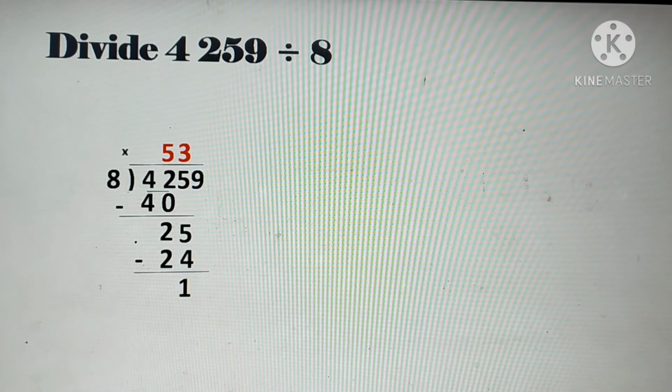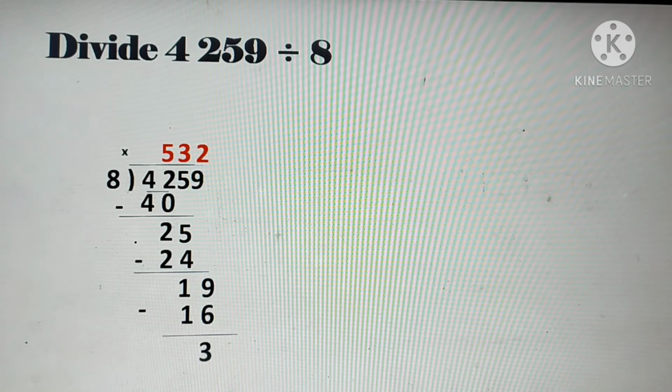And then we'll bring down the next digit of our dividend, which is 9. So we'll have now 19 divided by 8. The answer is 2. 2 times 8 is 16. And then subtract 19 minus 16 is 3. And since we have no more digit to bring down, 3 will serve as our remainder. So 4,259 divided by 8, the answer is